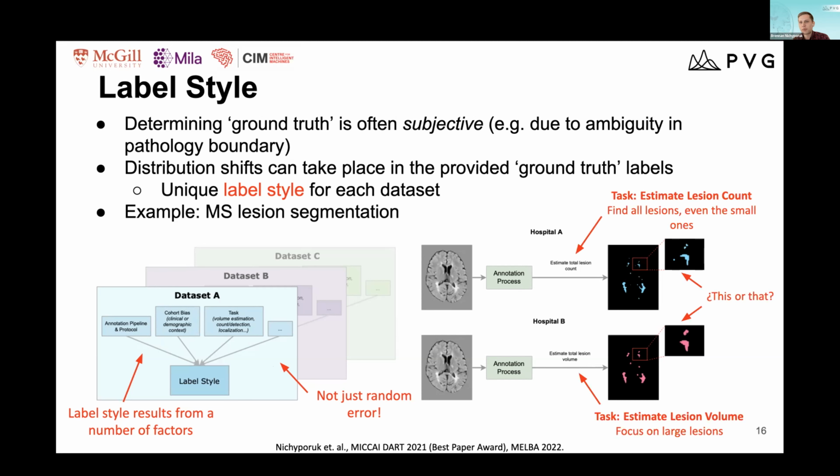For instance, if one hospital is trying to estimate lesion count, they might try to find all lesions, even the small ones. Or if their task is to estimate lesion volume, they might have more of a focus on large lesions. So this can cause an issue. But even if we control for this, and we have the same study goal and the same labeling protocol,